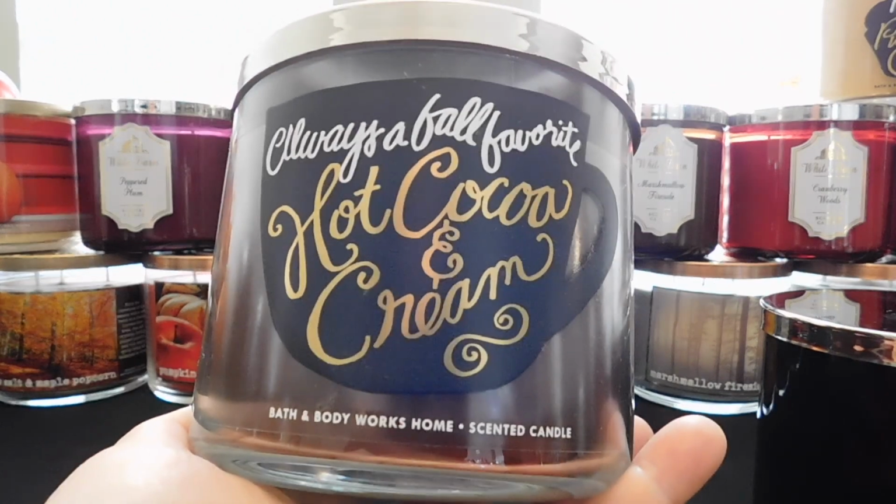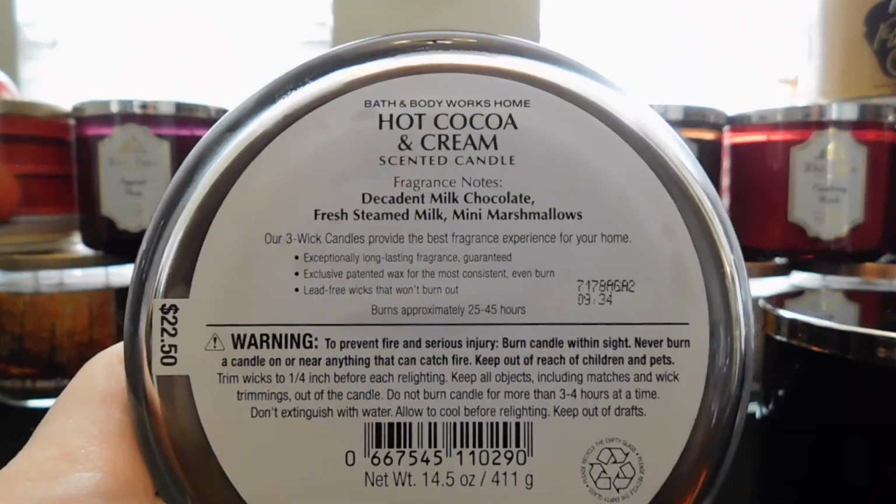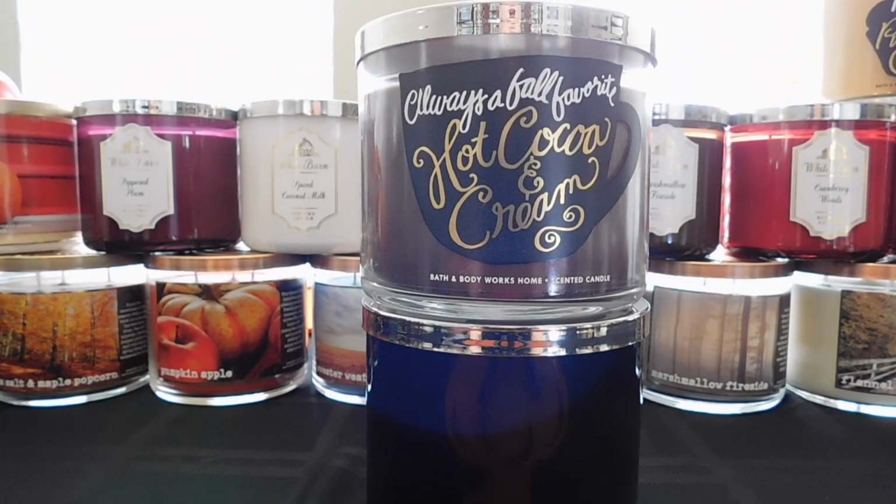The next one I have is always a fall favorite, Hot Cocoa and Cream. This is another returning one from last year. This is decadent milk chocolate, fresh steamed milk, and mini marshmallow. It does really smell like a cup of hot cocoa. You definitely get that chocolate note. It's somewhat fake chocolate that you kind of get in candles,